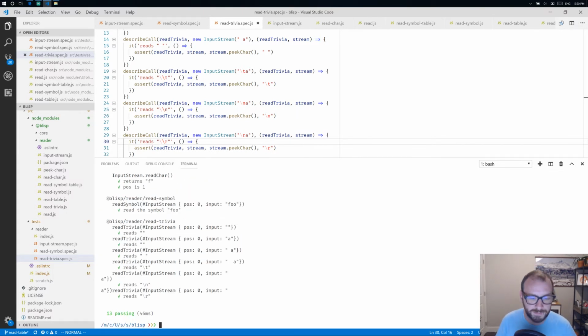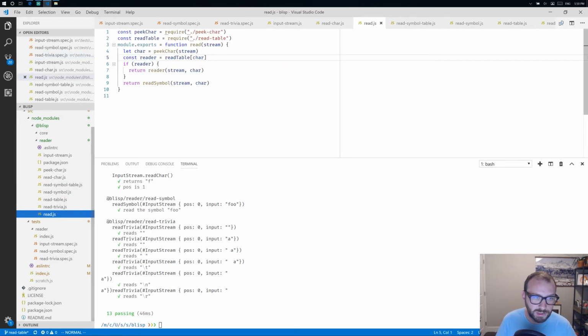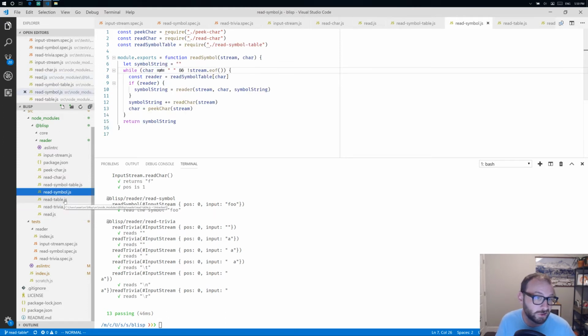Cool. So yeah, that's pretty ugly. Well, it works. All right, so basically, now that we have our read function, we're gonna come back. So far we built read trivia, which returns any white space it encounters, and we have read symbol, which returns pretty much everything unless it encounters white space. And here we've got this stupid thing, but